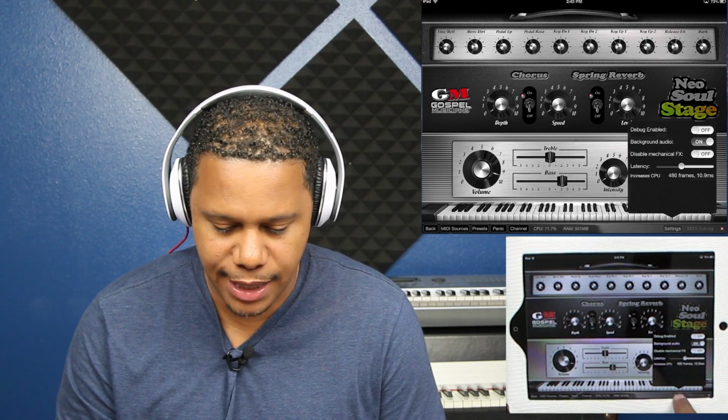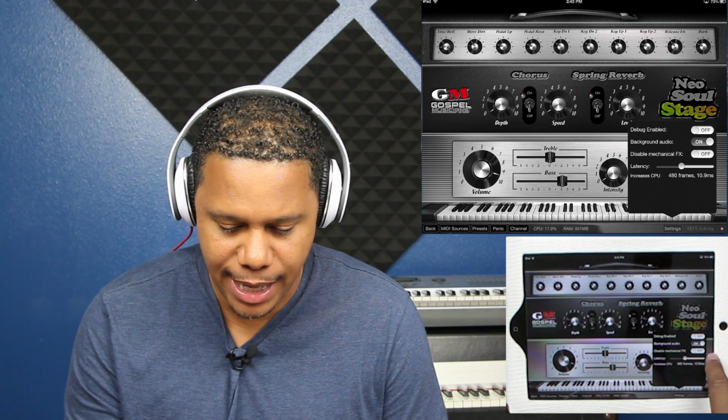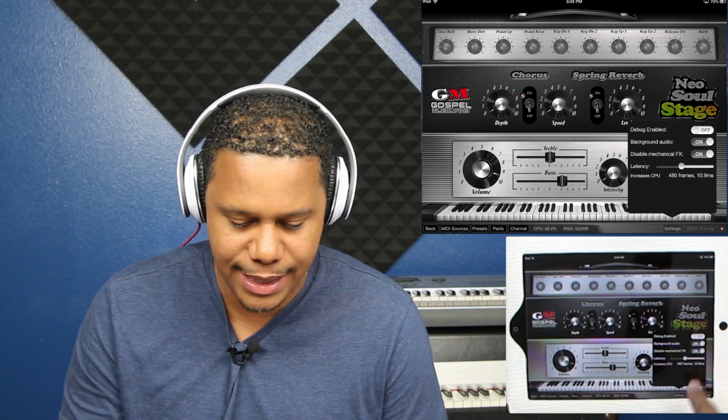So if you go to settings right here, you have the ability to disable mechanical effects. When you click that on, this grays out and the mechanical effects are not there. And all you get is the sustain. So with that, it adds an instant increase to your processor and allows you to really use it live. So for you iPad 2 users, you iPad mini users, and you iPad 3 users, you can disable the top effects, and now you'll be able to just play the sustain, which is still good, and even use the